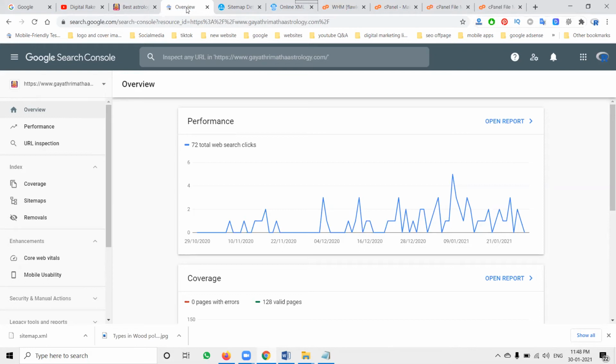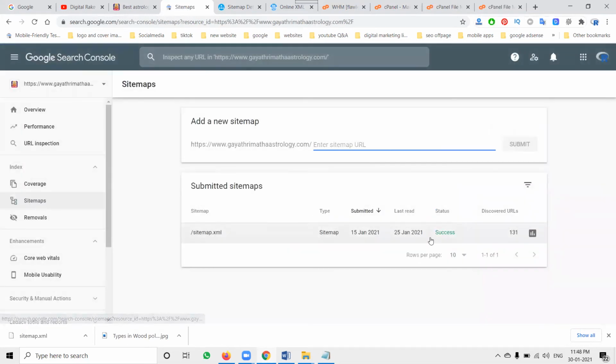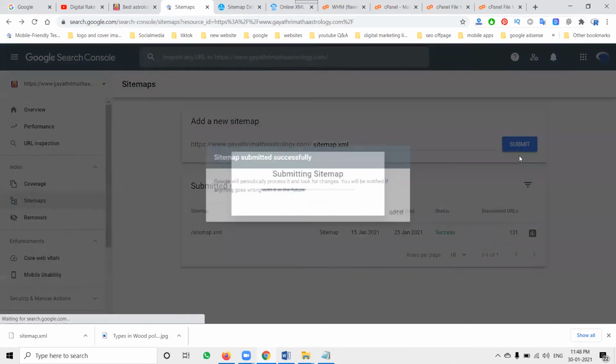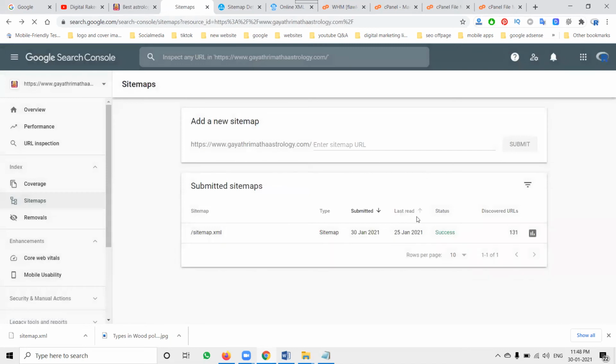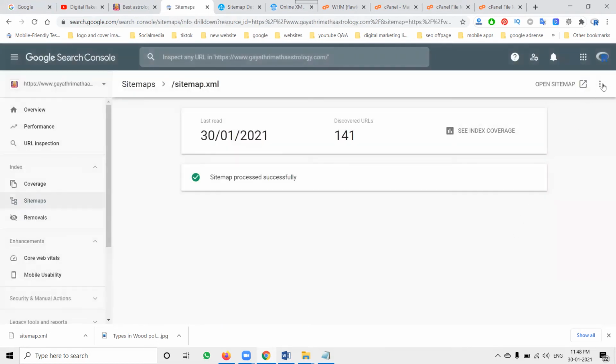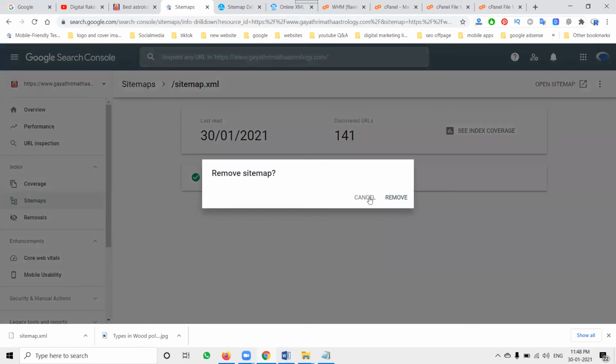This is very important. Whatever sitemap we upload on the website, we must update it in the Google Search Console. The previous sitemap link shows 131 links. The new sitemap.xml is also 131 links, showing here. After we refresh, only 131 links are there for this particular Gayatri Matacharali website. So this one we have to remove. Now check it, remove it, and